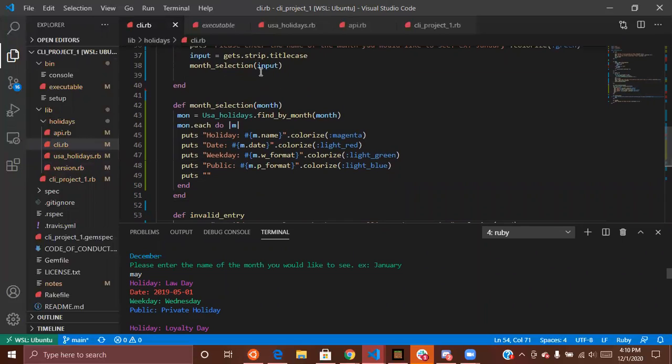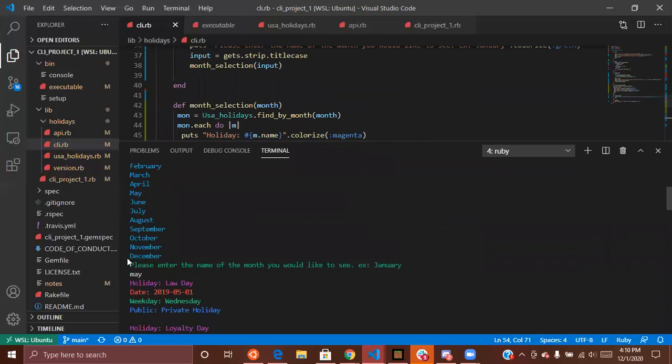Our month selection, when the user puts in its input right here, like here's the input, right? Input equals gets it, strips it, and then title case it. The reason we wanted it title case this time is because, as you can see, the list of months are capitalized on the first letter, which they should be. That's how they're written. And so if I, just like I did here, put it in all lowercase May, when that input comes in, you want to make sure that the computer sees this May and not that May,